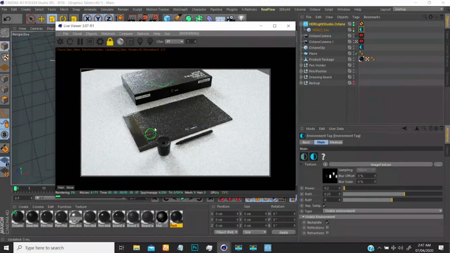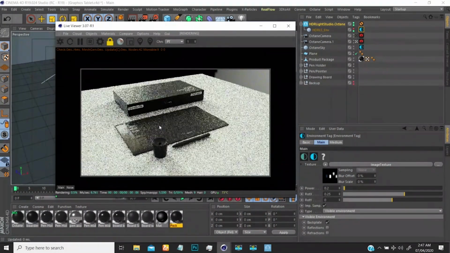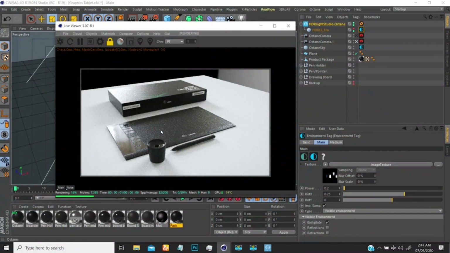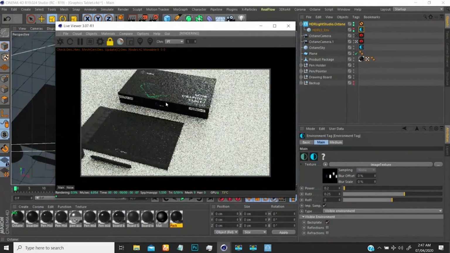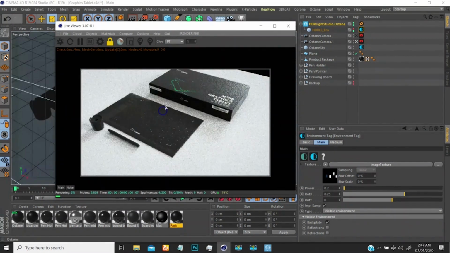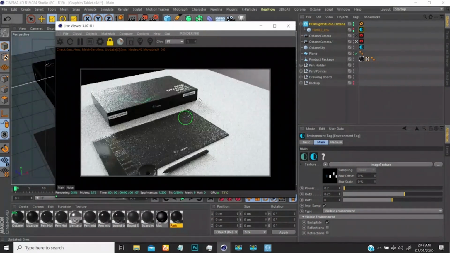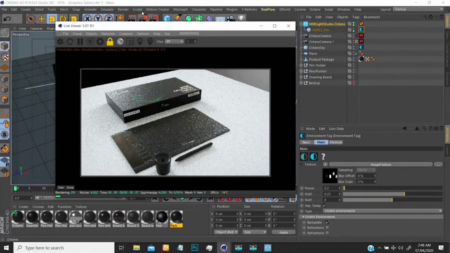So I think I am going to end this series here. That is pretty much what this tutorial is about: how you can create your product from scratch, texture, light and render. For me to do my render, all I need to do is go back